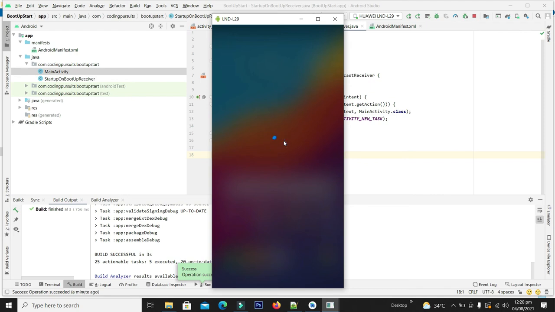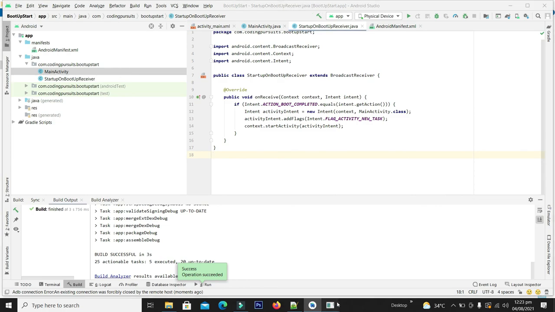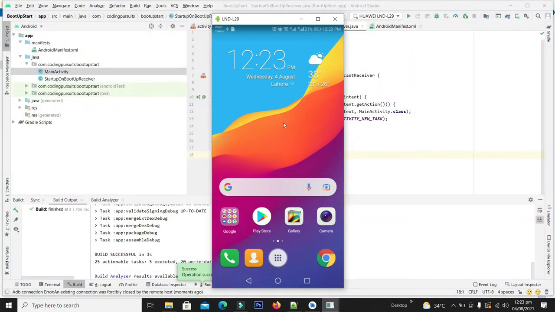It may take some time for my device to boot up. Let's wait. Okay guys, my device has booted up, and now let's wait for our OS to launch our application on boot up. Now it is 12:23 PM.